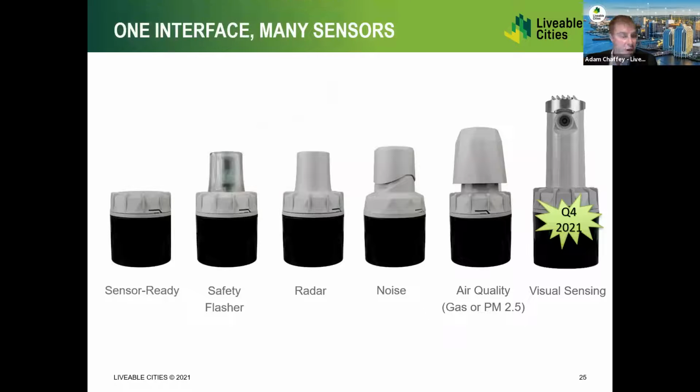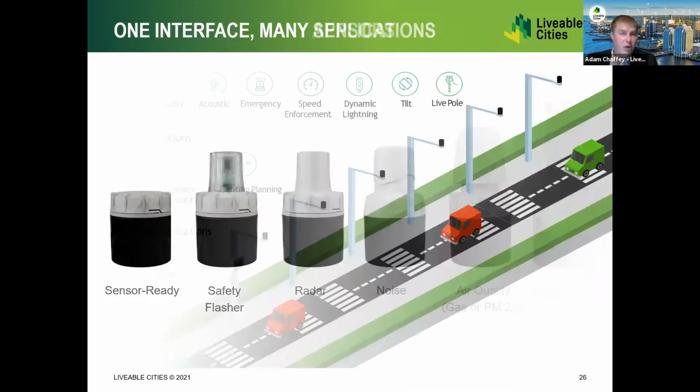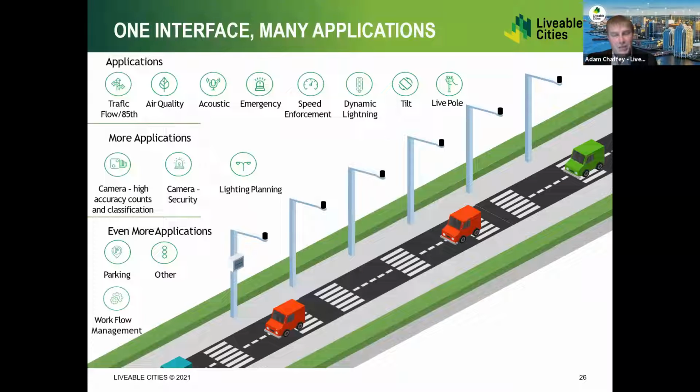Speed sensing is just one application of this technology. There are others that we can leverage from the streetlight as well, including air quality, acoustic sensing for noise, visual sensing coming a little bit later, but also other applications. We're talking about safety of the whole road, not just drivers.